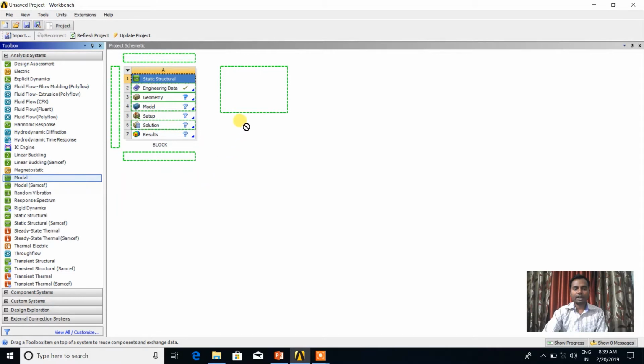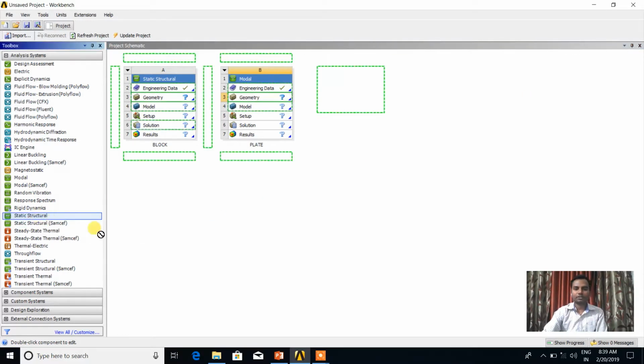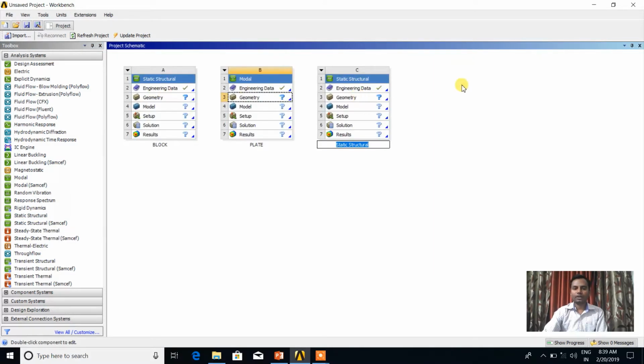Just drag and drop that modal analysis, so that A is here and B is the modal analysis. Again you can rename it; now here I want to give it the name plate. Likewise you can take any number of analysis types here. You can repeat it, again static structural: just click here and drop here. So you can repeat any number of times.